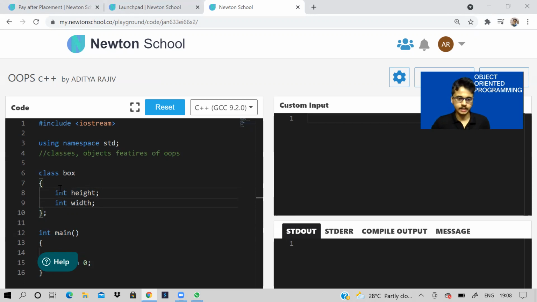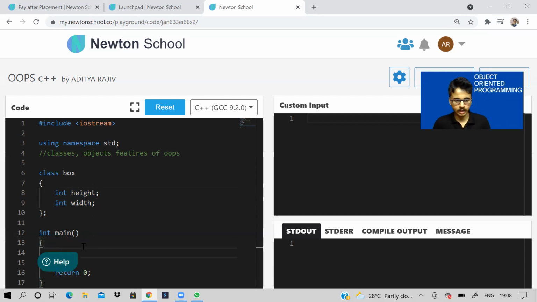So what happens is, if you just declare it like this, then all these data members will be private to this class. And what is the disadvantage of that? If you want to access this height, this width with the help of an object which is defined outside the class. Now, what is an object? Object is an instance of this class. Class is blueprint of object.